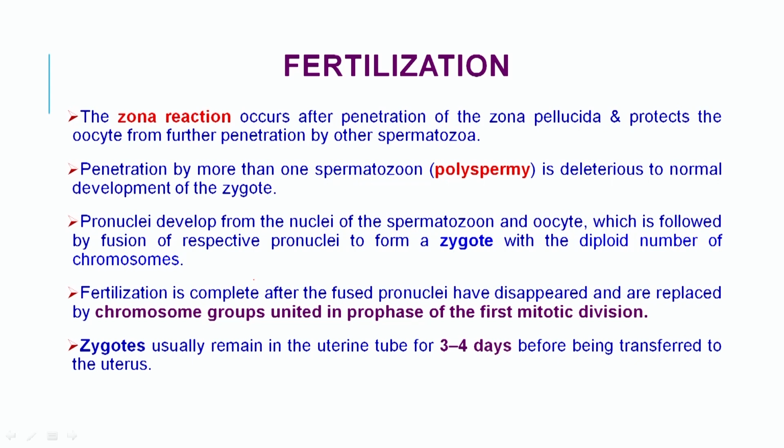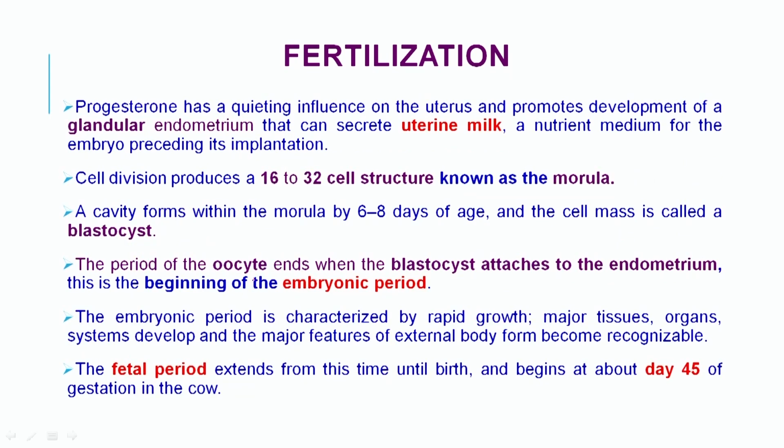The zygote usually remains in the uterine tubes for 3 to 4 days before being transferred to the uterus. Progesterone has a quickening influence on the uterus and promotes development of the glandular endometrium that can secrete the uterine milk, which is very important for the nourishment of the